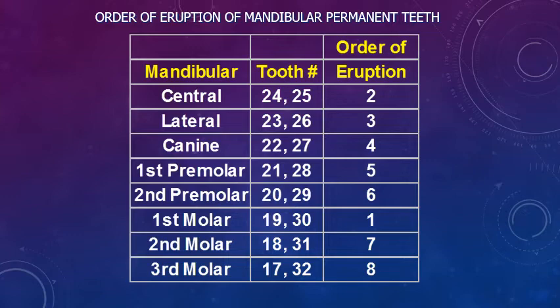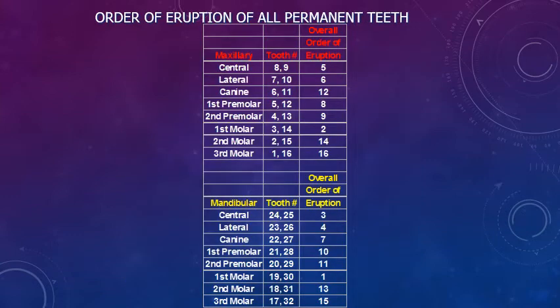So now we are combining both the order of eruptions of the permanent teeth. And this is how it actually looks like. The first tooth that erupts into the oral cavity is the mandibular first molar, which is followed by the maxillary first molar, and